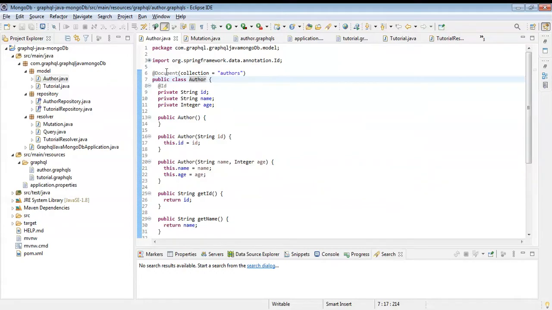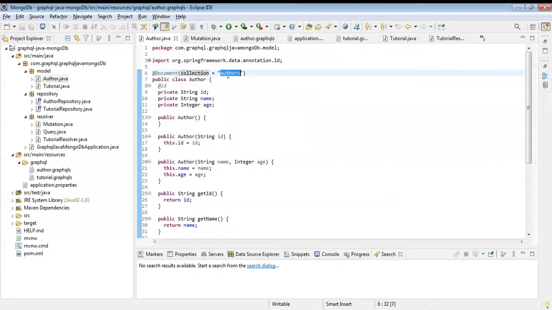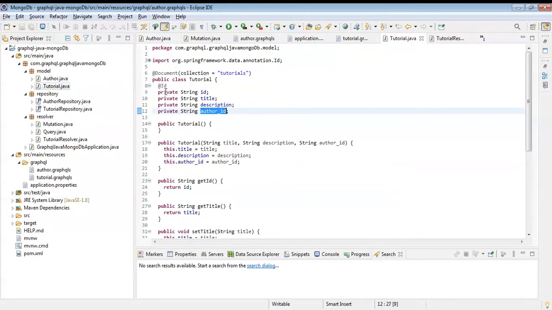That's why we have used the Document annotation, and the collection name is authors. Here we have supplied the fields as in the schema, and the same goes for the tutorial. A tutorial has an author ID, so the relationship is that an author can have many tutorials.